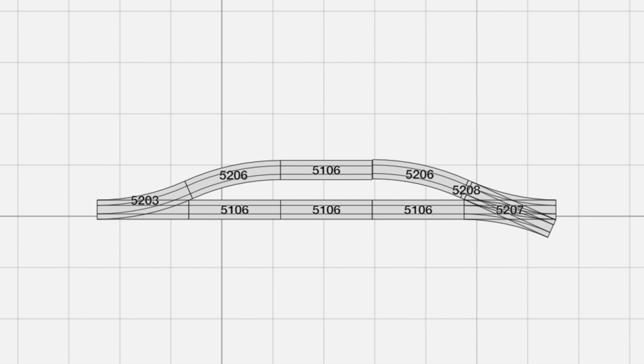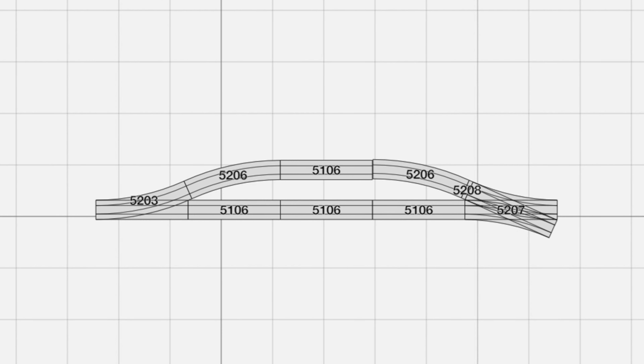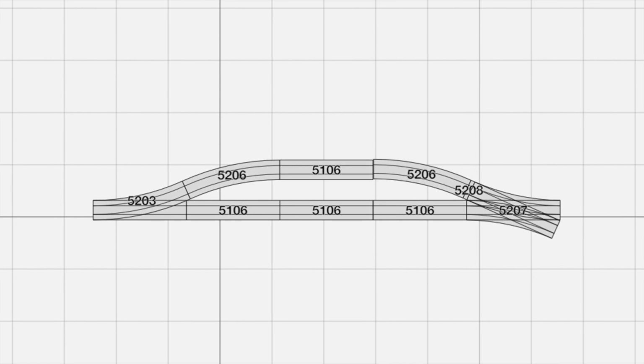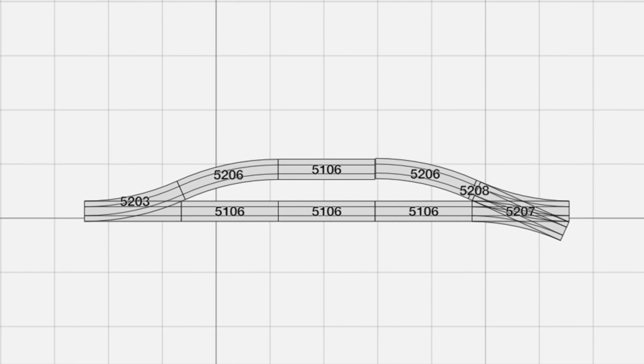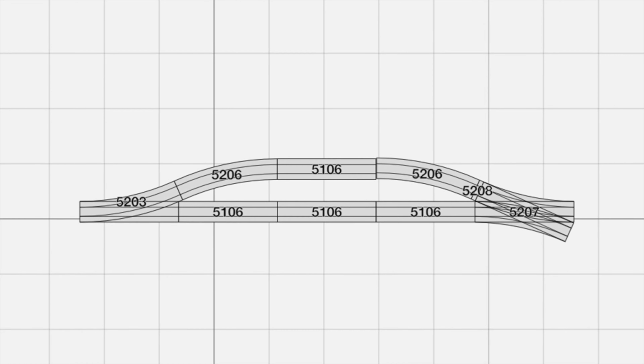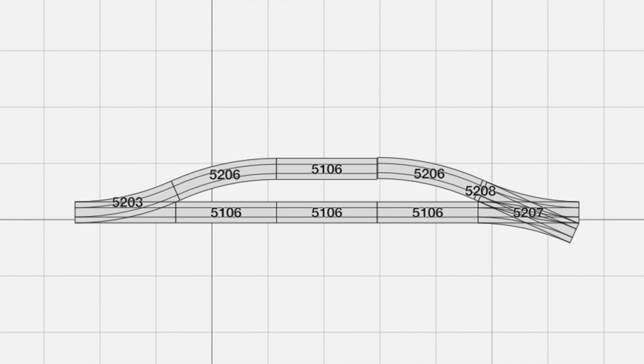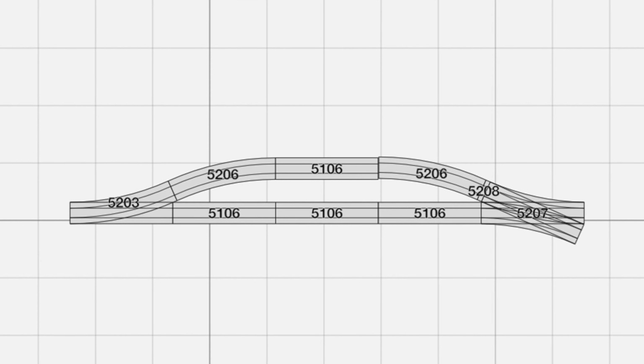Here are a few basic examples of the behavior using track planning software, starting with the product I use the most, which is Railmodeller Pro. On the left-hand side of the canvas, we have a combination of radius 2 turnout curve followed by a few straight sections. On the right-hand side, we have a similar combination, but I replaced the turnout with a